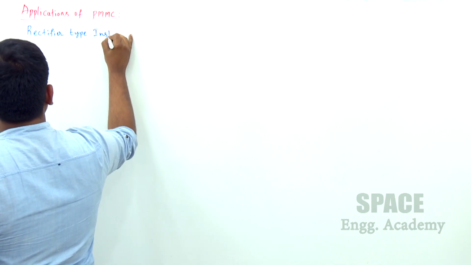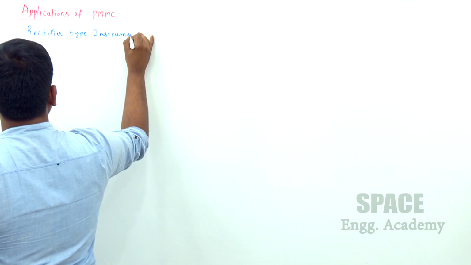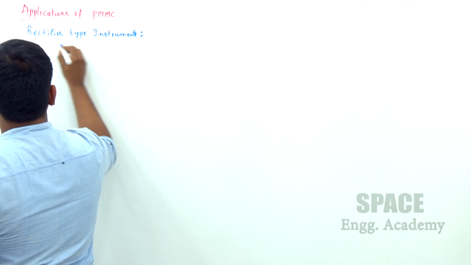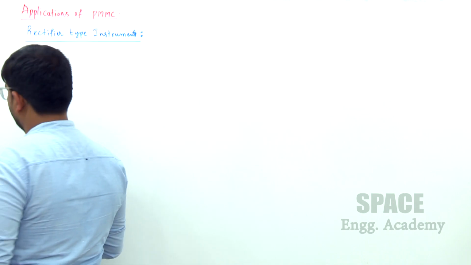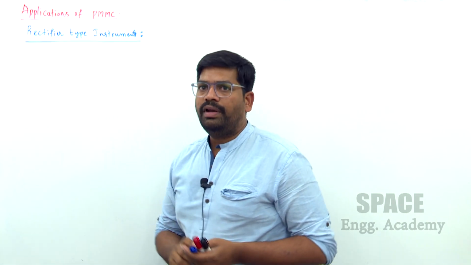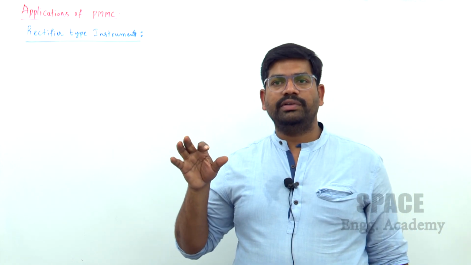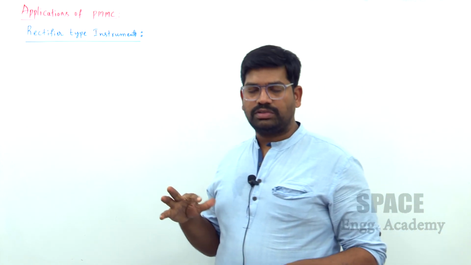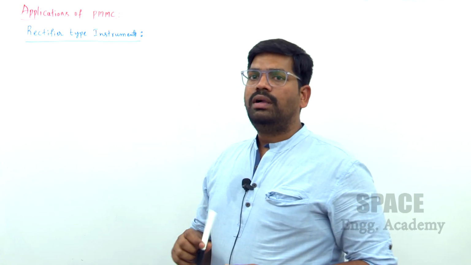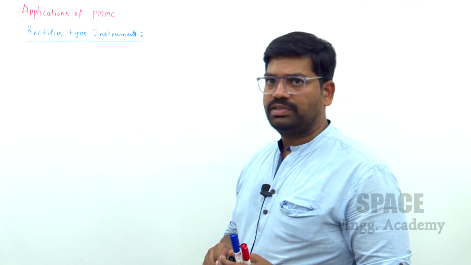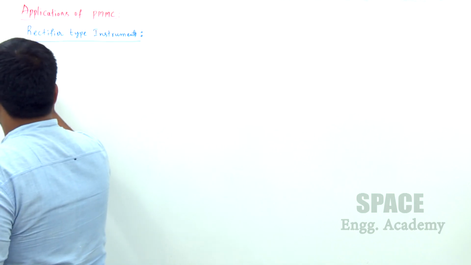So at DC detection we will be using the PMMC instrument. Rectifier output is a DC quantity, so to detect that we use the PMMC instrument. So we name it application of PMMC. Here we will first deal with